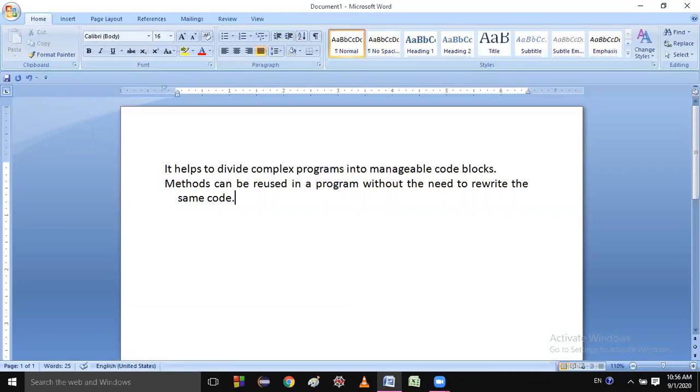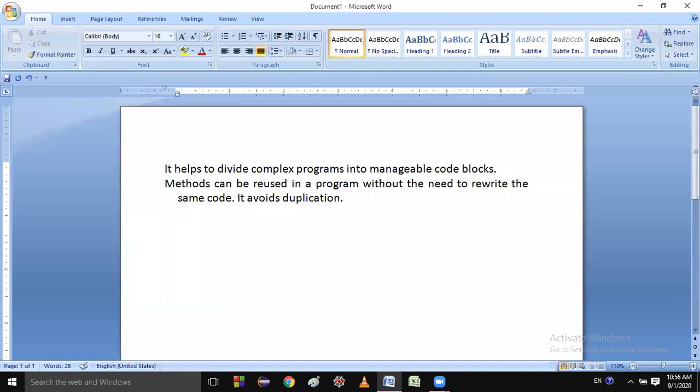But we will discuss it later when we do programming. Just imagine that this is the benefit of the method. It avoids duplication. Next, what is the next benefit, students?